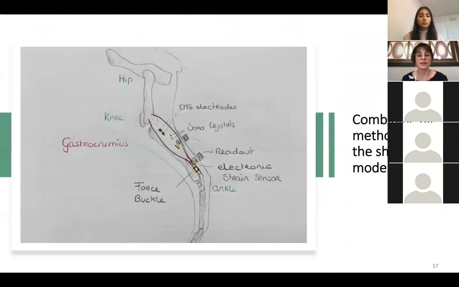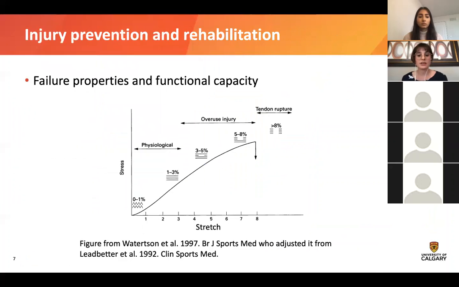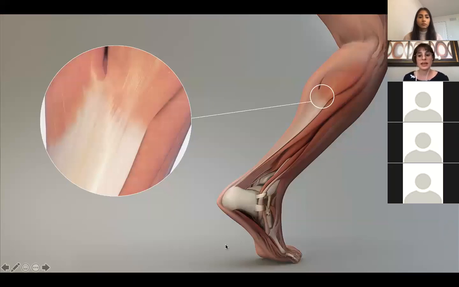If I go back to these pictures here, in the tendon you can see it looks very different. The tendon is comprised of collagen fibers, and the active muscle will contract, and then the tendon will transfer the forces that the muscles produce to the bones. So the tendon is more passive, transferring this force over to the bones, while the muscle